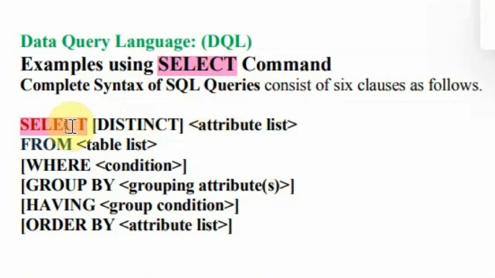Now coming to the second one. What is the second clause? The order should be in this format only, and the next is the from clause. The from clause will have the table list. You can include one table, or you can use 2 tables or 3 tables. There is no limit here. You can use many tables, and all the tables that you are using to generate the result should be there in the from clause.